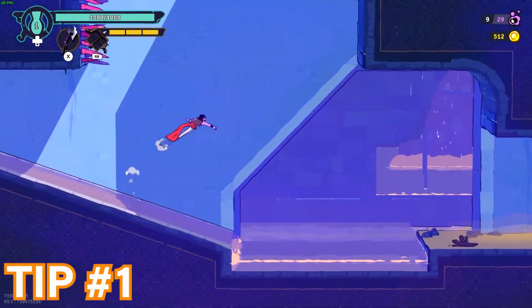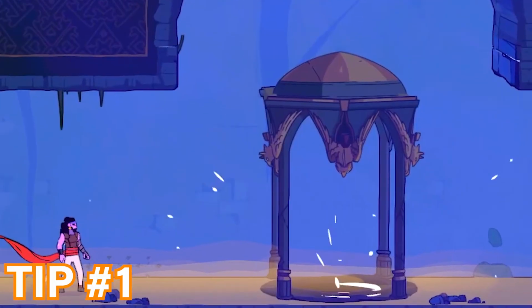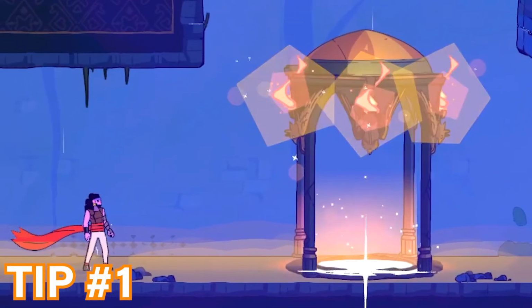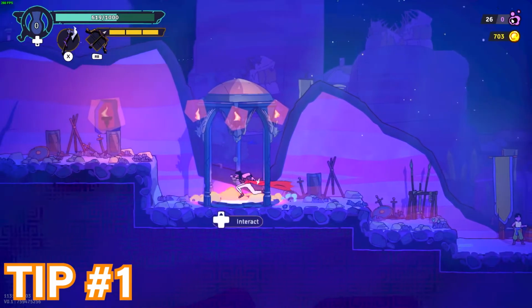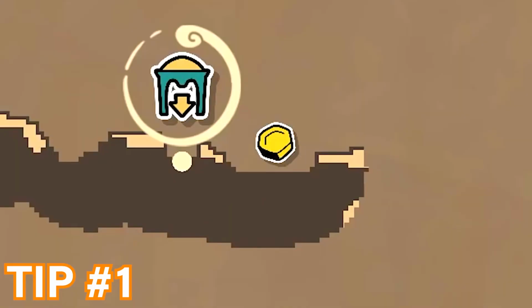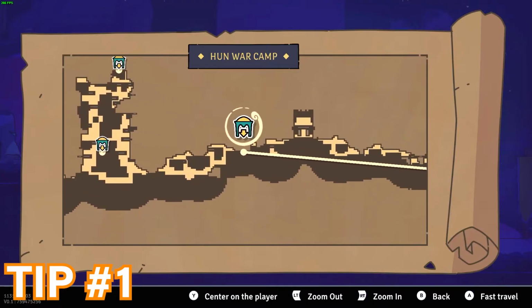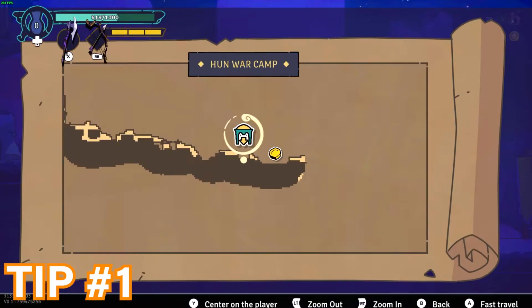Now in order to collect and activate the teleporters, you actually do not need to interact with them. You just need to get close enough to the teleporter for the lights to switch on. But if you do interact with them, you'll be able to see different things on the map, such as chest symbols, merchant children, and NPCs. So it's best to try and collect as many teleporters in each biome as possible before proceeding to the next